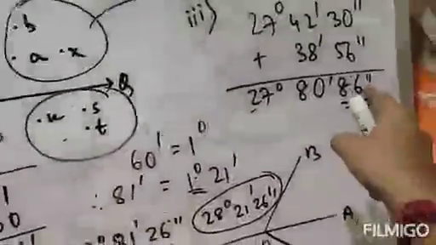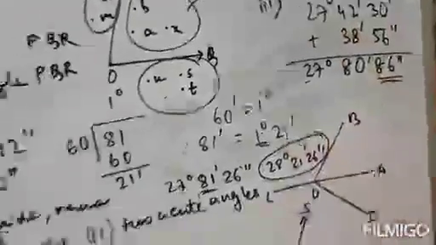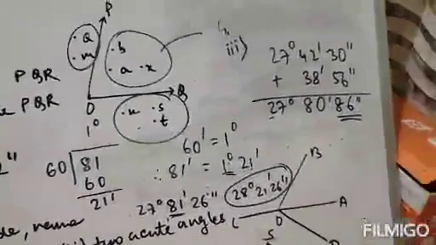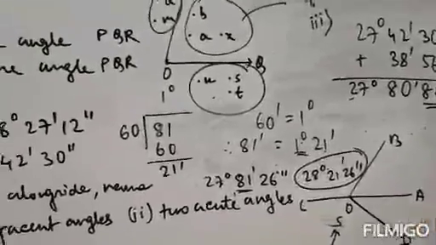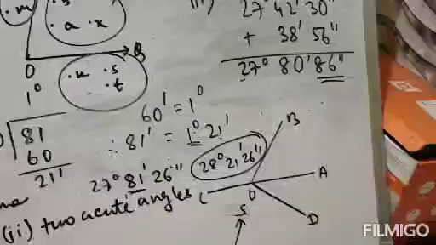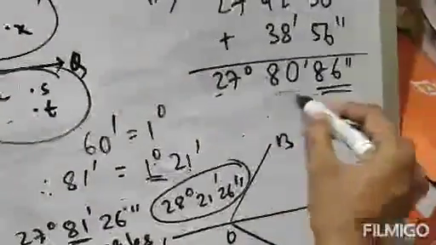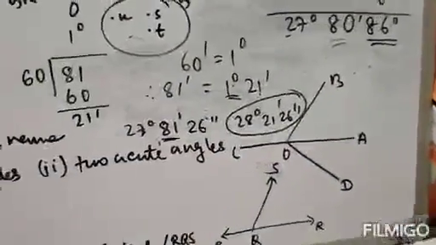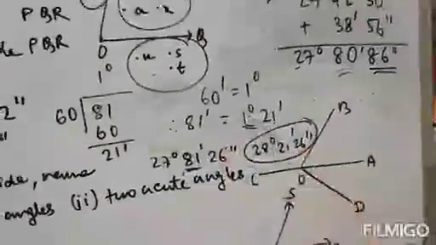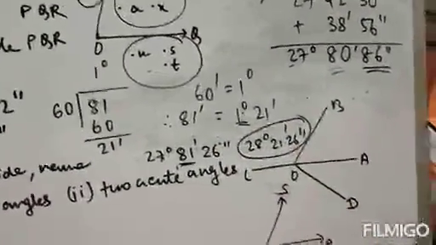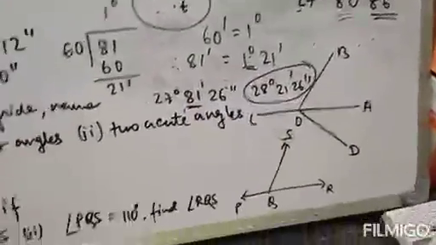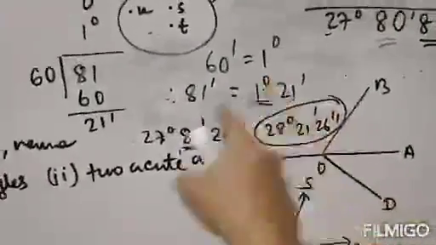So first convert the seconds part. We have the relation between second and minute that 1 minute equals 60 seconds. So we converted 86 seconds. Then we got the minute part, so just add the minute part to this 80 minutes, so that will be 81 minutes 26 seconds. Now 81 minutes is more than 60 minutes, and there is a relation between degree and minute, which is 1 degree equals 60 minutes. So divide again 81 by 60. So we have 1 degree, 21 minutes. So 1 degree will be added to 27 degrees.